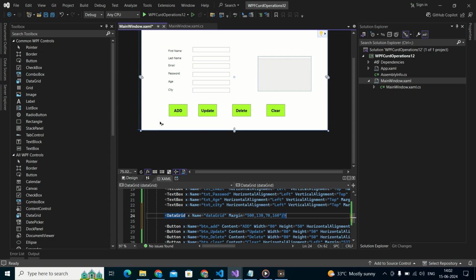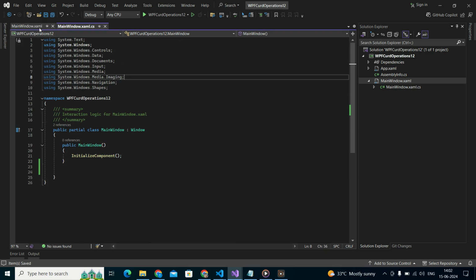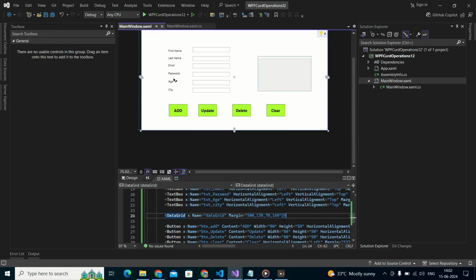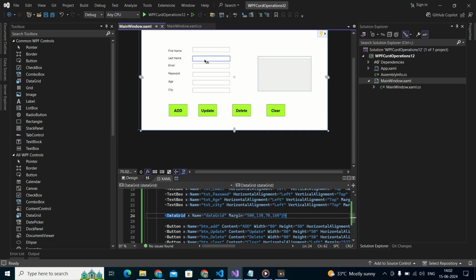After that we have to connect the database in YAML.cs. We have to see now how to connect the database and how to add, update, delete